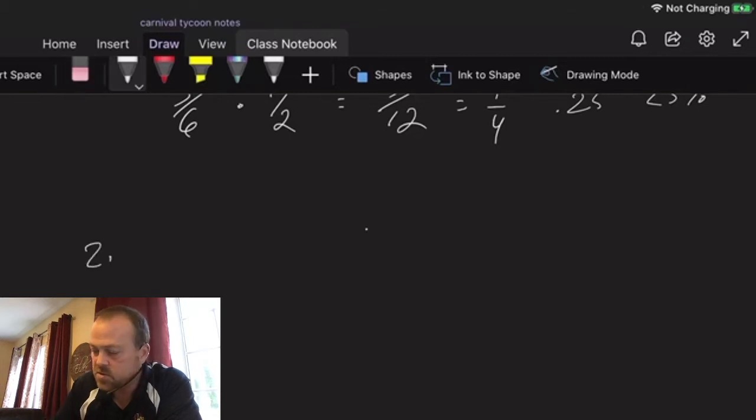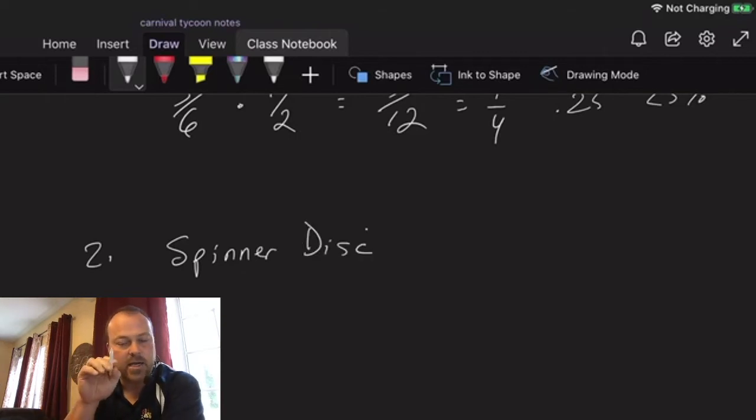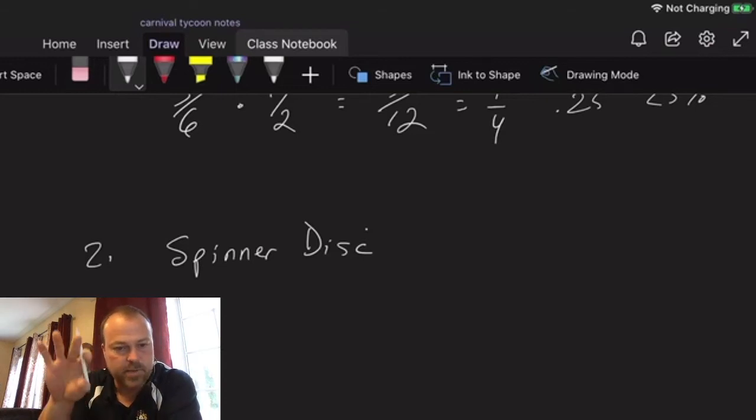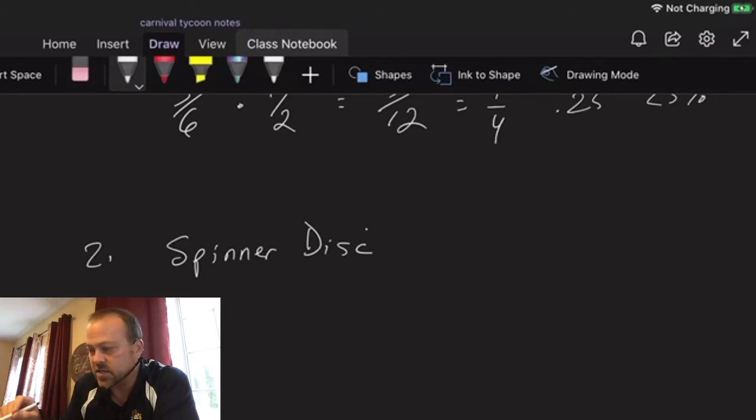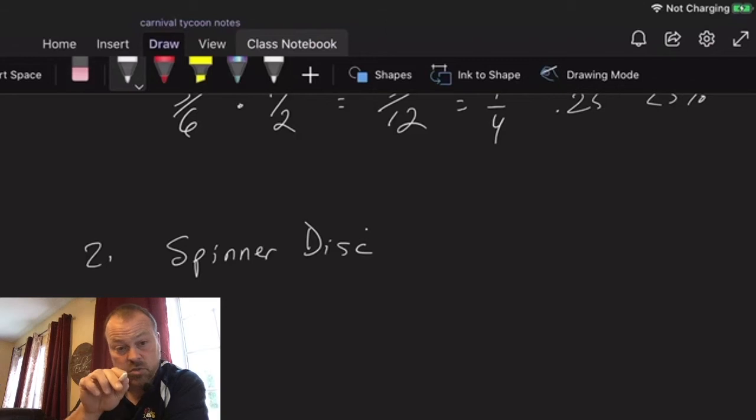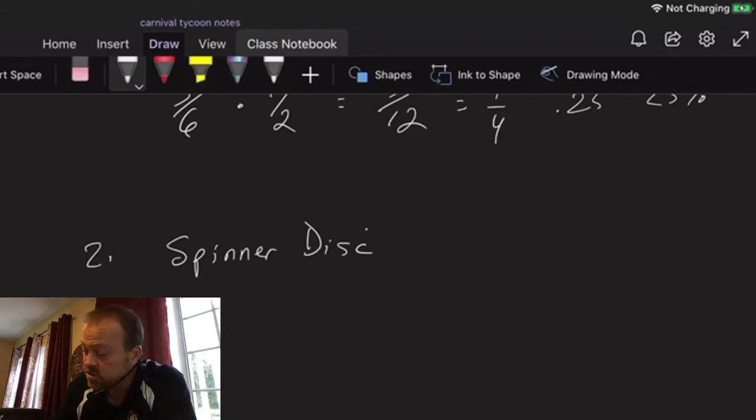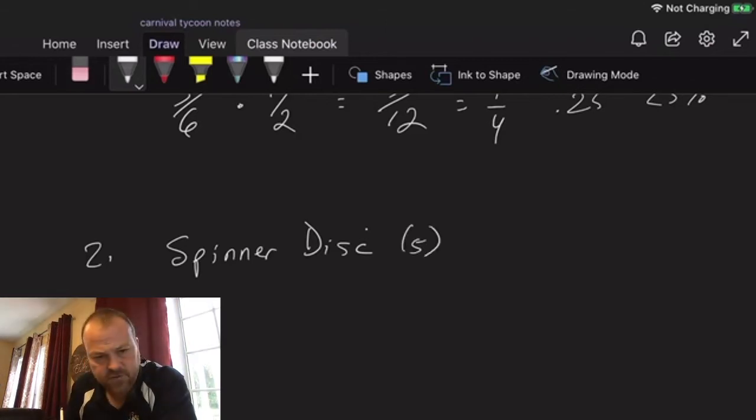Number 2, the spinner disc has 9 equal pie-shaped sections. And you spin this thing by flicking the little spinner, and it lands on one of the 9. All right, so what's the chance of getting a 5 on that spinner disc? Well, we know we can get a 1, 2, 3, 4, 5, 6, 7, 8, 9, and a 5 is just one of those. So the chance of getting that 5 is 5